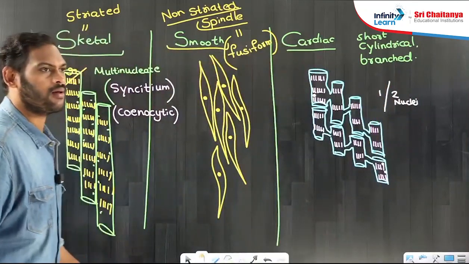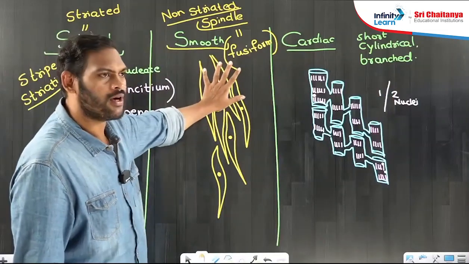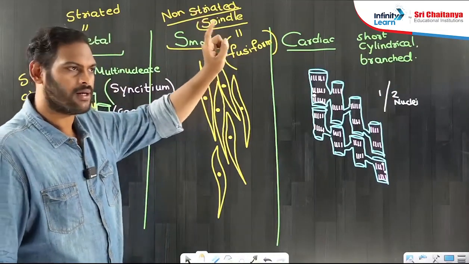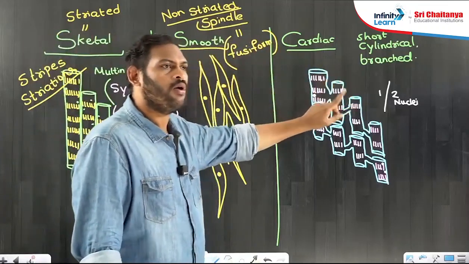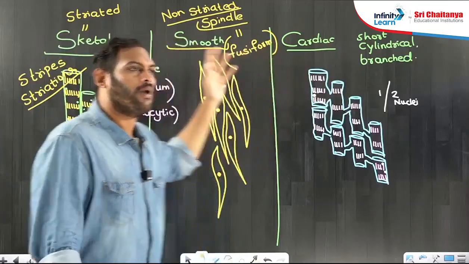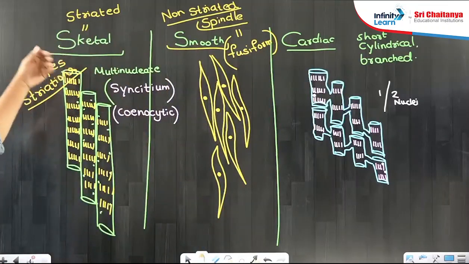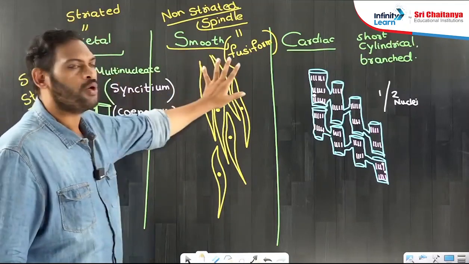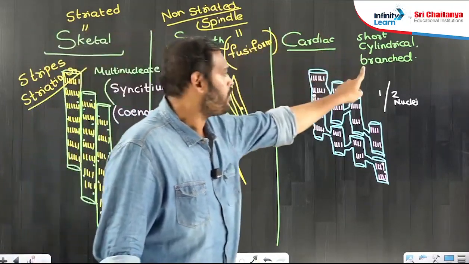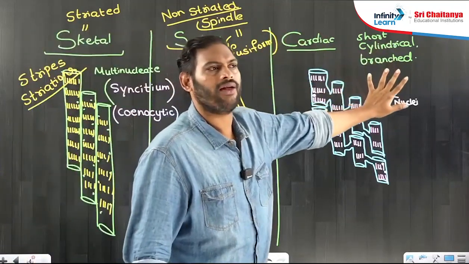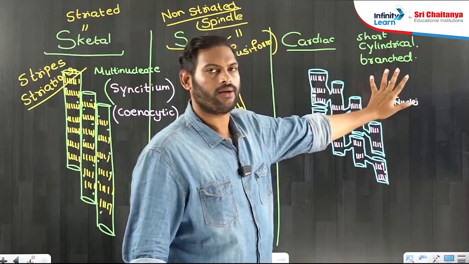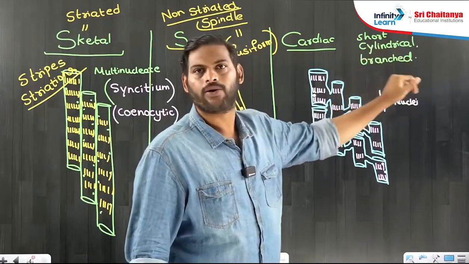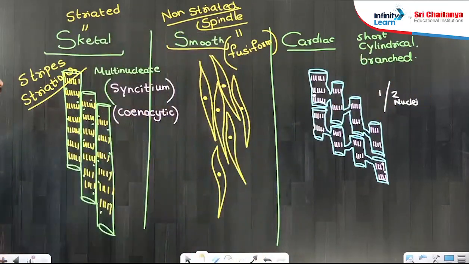See guys, smooth muscle is single nucleated. Cardiac muscles may have one or two nuclei, but striped skeletal muscle may have many nuclei. Multinucleate, uninucleate, uni or binucleated. Okay, uni or binucleated. Now, these are the structural aspects of muscle cells.